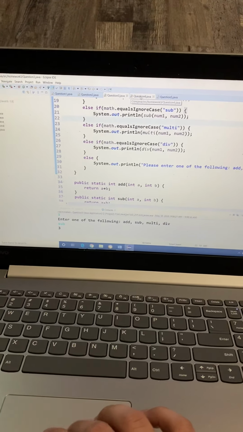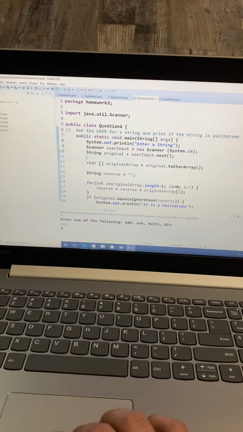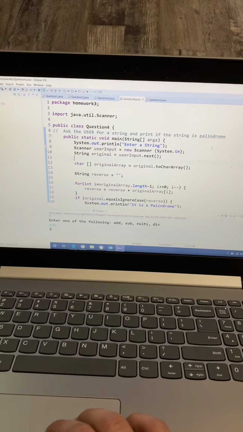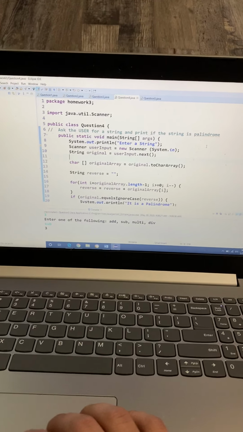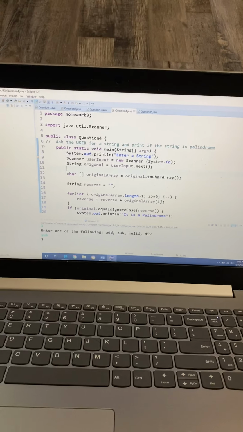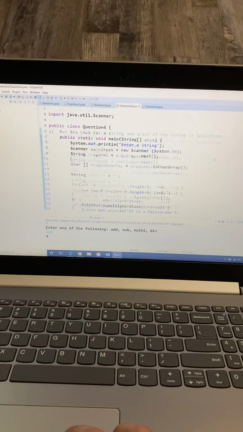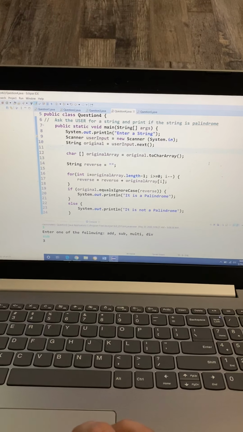Now we're going to go to number 4. Question number 4 asks the user for a string and prints if the string is a palindrome. A palindrome is just like mom, dad. Even if you read it backwards, it gives you the same. So for that, same as before, we have built a scanner here, and